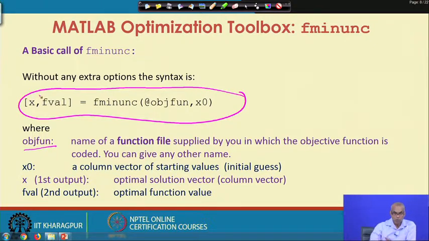The first output x presents the optimal solution vector, again it is a column vector, and the second output fval presents the optimal function value, that is the function value at the optimally determined point x.